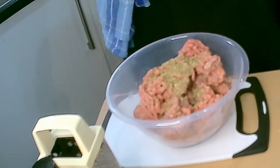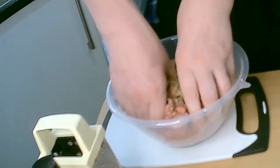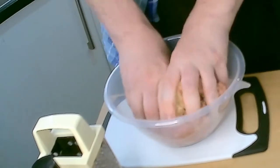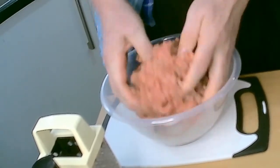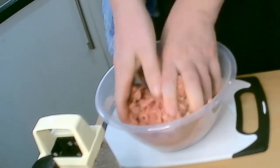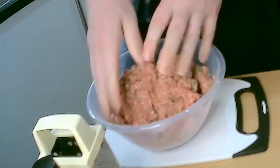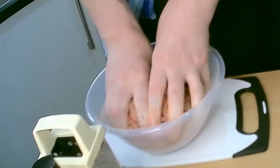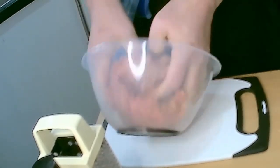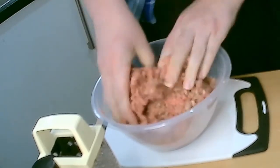There we go. And then use the best tool in the world, your hands, and just give it a good mix in. Just remember, once you've used and touched all this raw meat, to use the tap, some soap, and wash your hands well and good. It's just to try and get a bit of that herb incorporated into the mince and make sure it's all nice and done. Now you can see it's all coming through now,